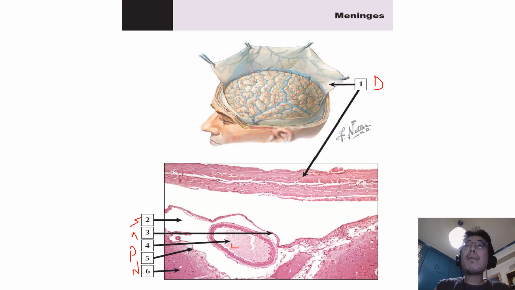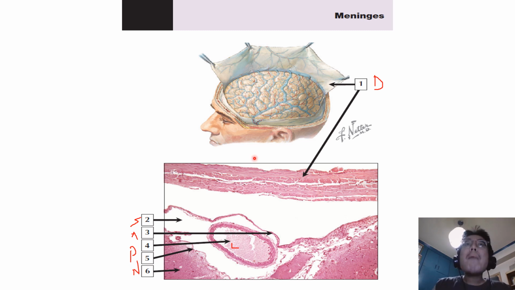First, we start with the meninges, which are the coverings of the central and in some parts of the peripheral nervous system. The outermost covering is called the dura mater, labeled here as number 1. The dura mater covers the brain, the spinal cord, and even the optic nerves. It is a dense, fibrous connective tissue consisting of interlacing bundles of collagen and elastic fibers in association with flattened